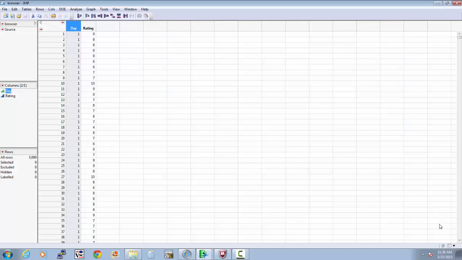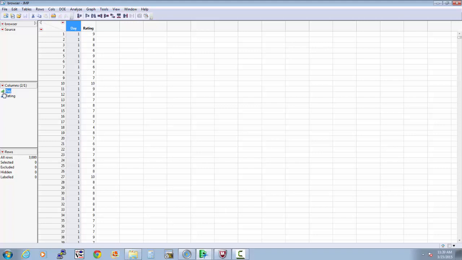We're going to make an X bar and S chart. The data set I'm looking at follows the ratings that a set of users have given to a browser experience. They are rating their experience on a 1 to 10 scale, and we have 100 observations per day. So first of all, I'm going to have a quick look at the data, and I'll note right now that